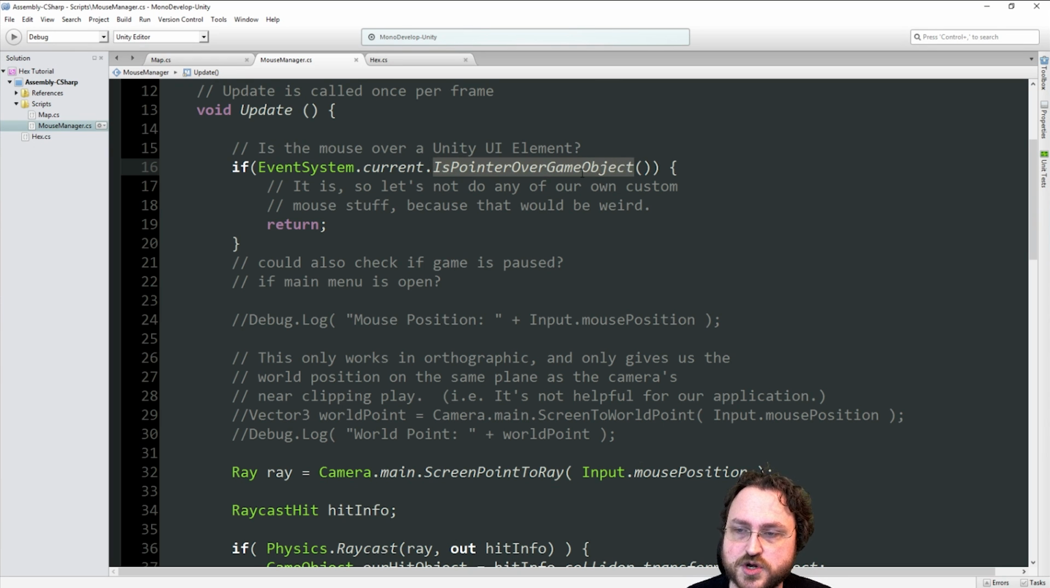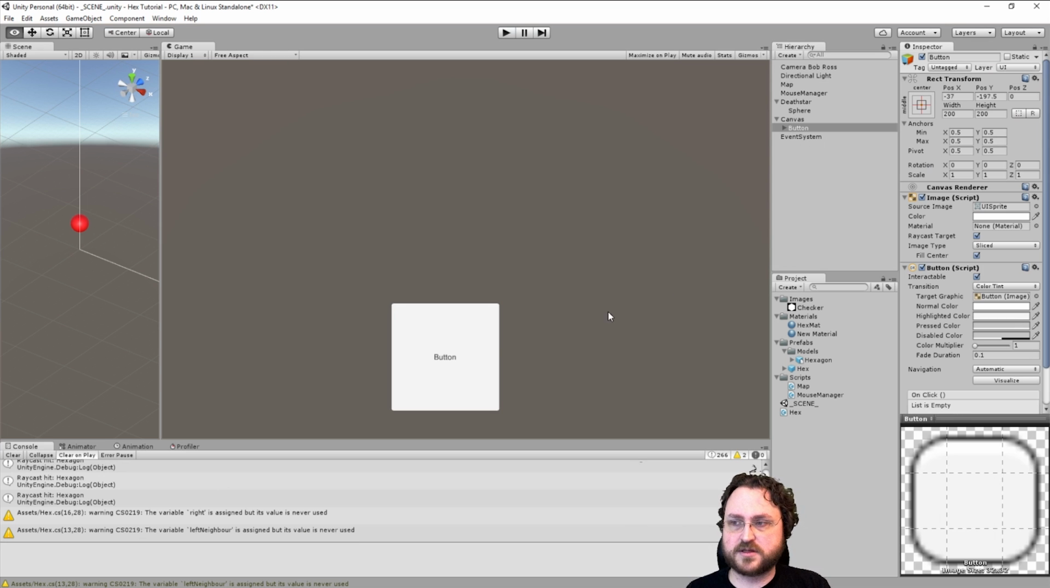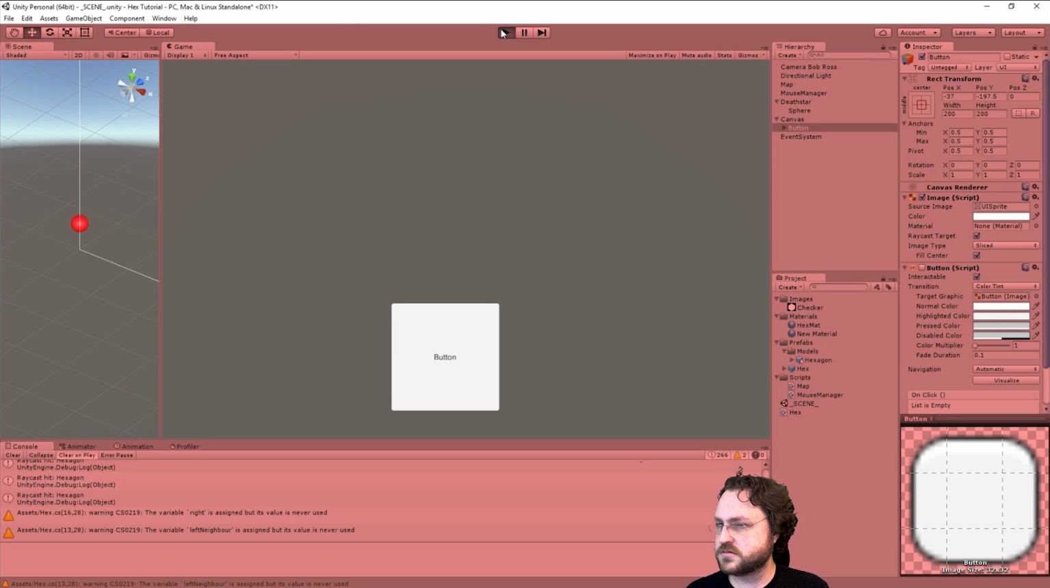Yeah, this is only going to return true if you're over a game object that is part of the event system. This is not just any game object. This is only game objects that are part of the event system, which is a very limited subset. And I believe it will only work for things that are currently interactable. I'm not 100% sure. If I go and disable the button,